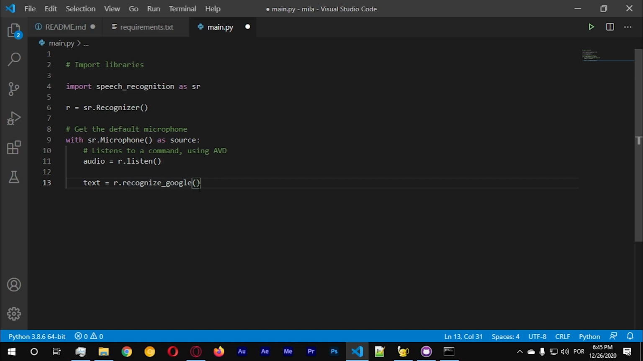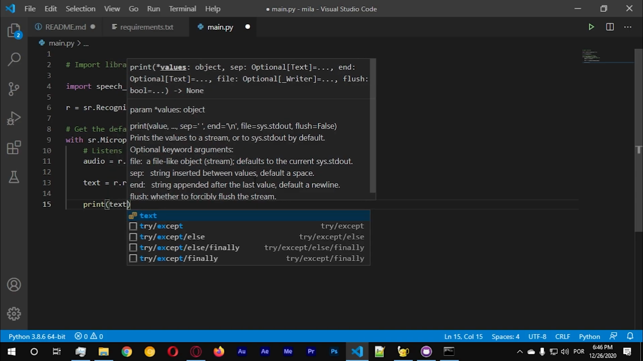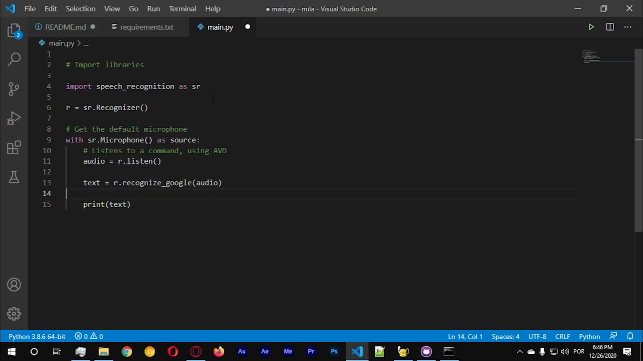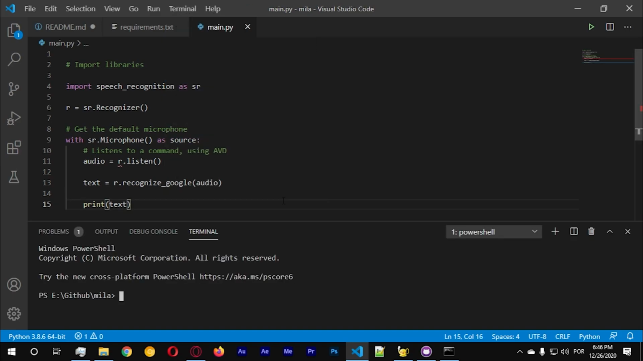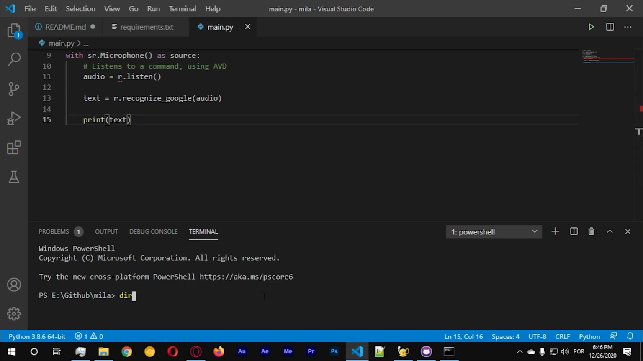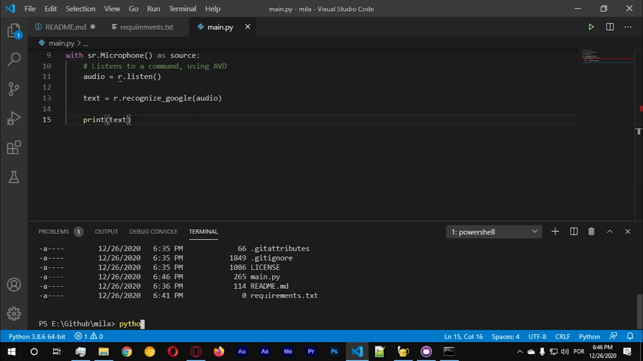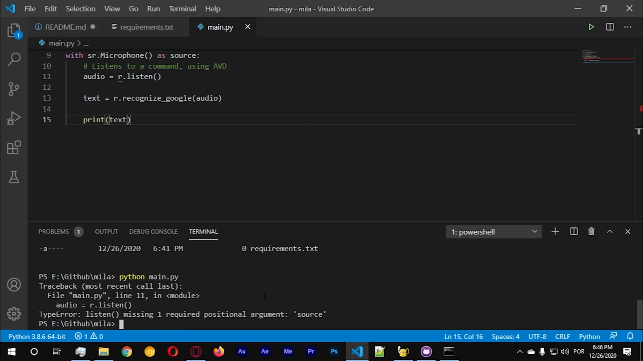So let's pass audio here. That's all we need now. And let's print the output in text, okay? So we've done all of this. Let's save. To run, let's go to terminal, and let's go there, and python main.py